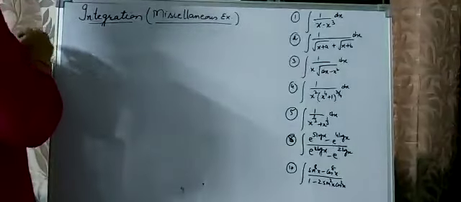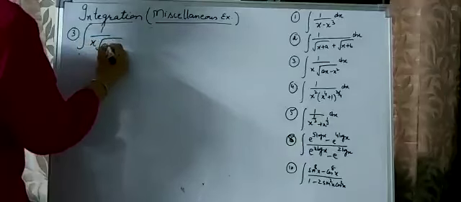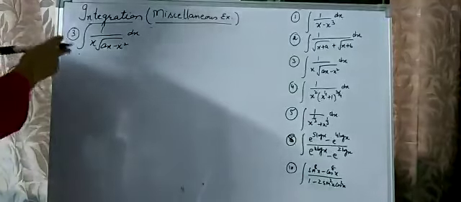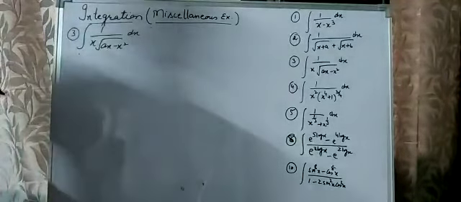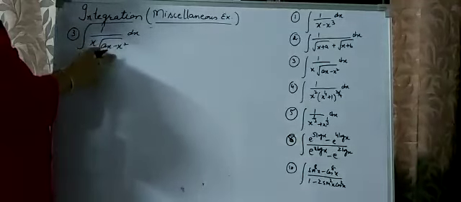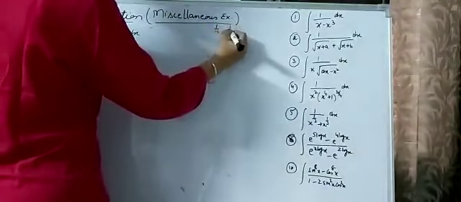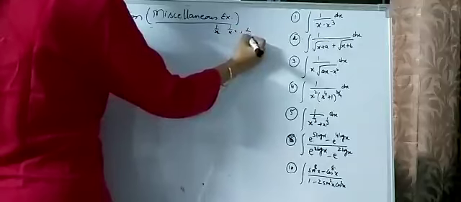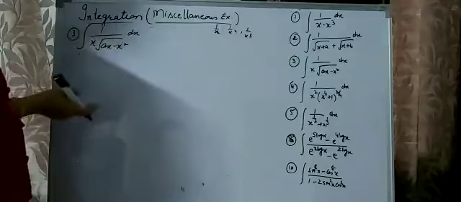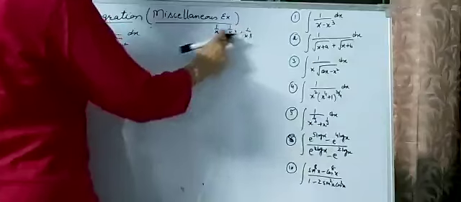Now look at here, its third question. This is 1 upon x root ax minus x square. Now in these types of questions, as I told you in the previous lectures discussed earlier, if the complete question of x is in the divide, so you have the function in the divide form, that is 1 upon x square, 1 upon x cube. So same here, this is completely x in the divide, so you have to make the function in the divide form.